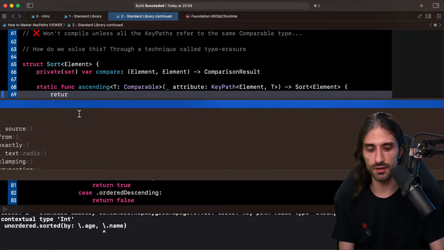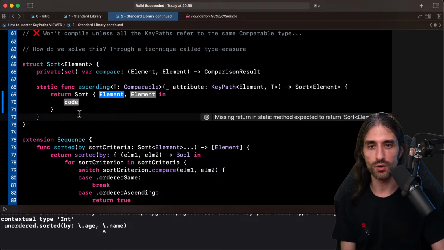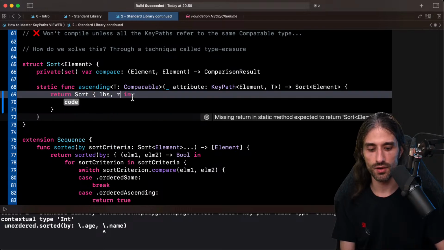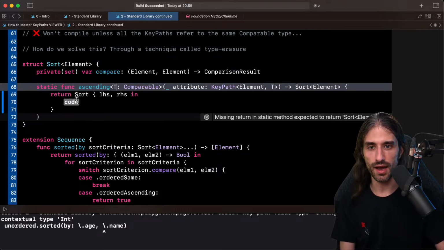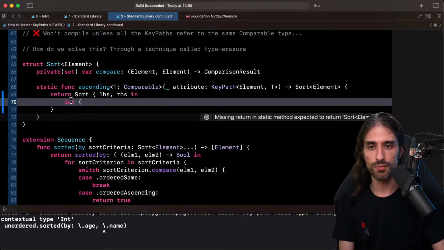We are going to return a sort, and so this sort will take as an argument a compare function, which will have a left-hand side and a right-hand side. And what we're going to do is get the two properties, so left-hand side property and right-hand side property.